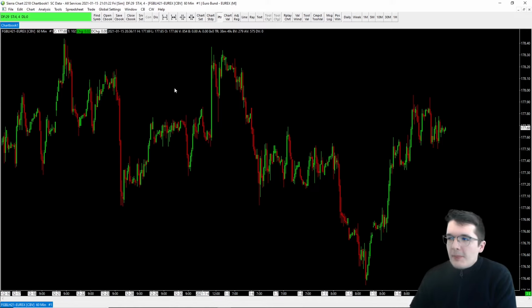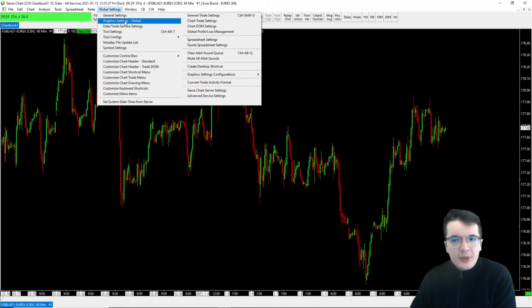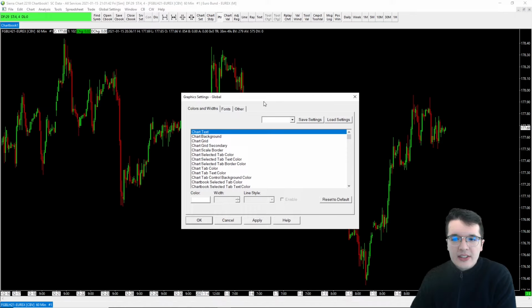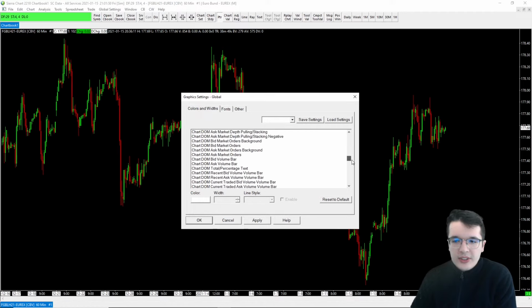Now that we've looked at chart settings, one other thing which you may be wondering is, how do I change the color settings, the graphics, and so on? Now, for the most part, the one place you'd want to spend most of your time is going to global settings, and then graphic settings global. And this will be the main default, your overriding settings for changing nearly all of your charts. So for example, you can scroll down through here, and then you can see the relevant settings for everything. It's usually quite intuitively